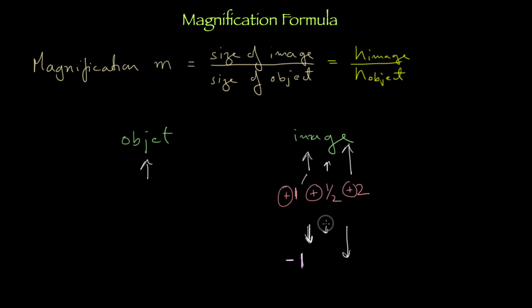What would this mean roughly? Magnification minus half, right? What would this mean? Say plus 2, sorry, minus 2. Are you getting this point? What we are trying to say is, if the image is flipped, whether it is formed on the left side or right side, this side of the mirror or that side of the mirror, I don't care. If the image is flipped, then it would be negative. If it is in the same sense as the object, it would be positive. I hope that's clear to you guys.